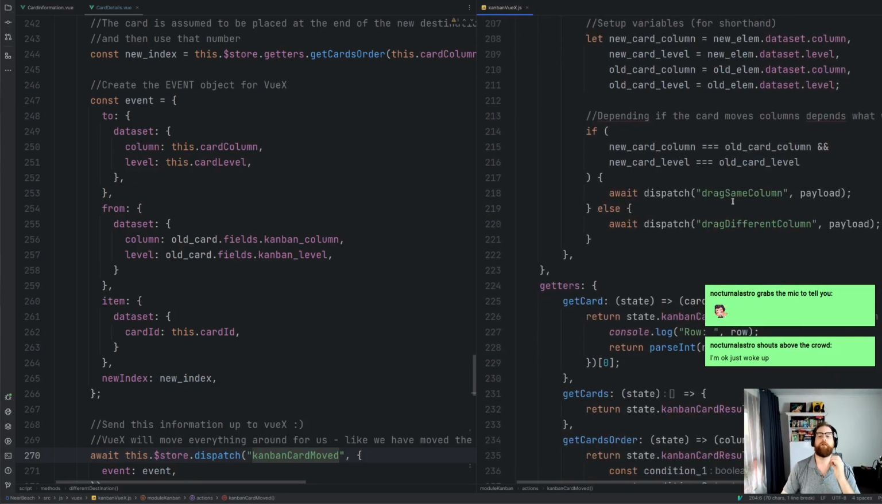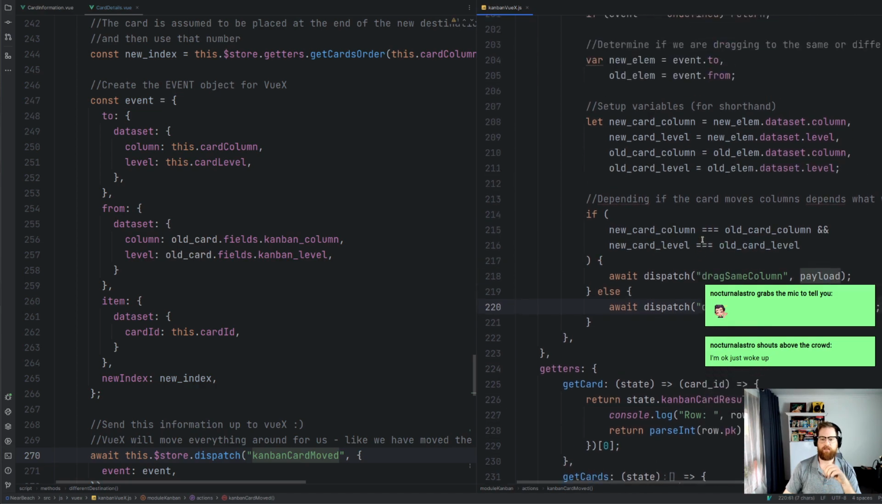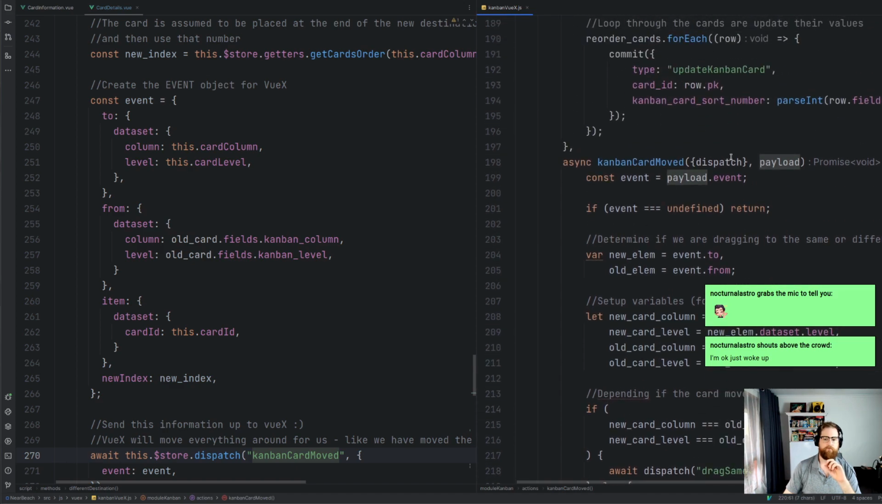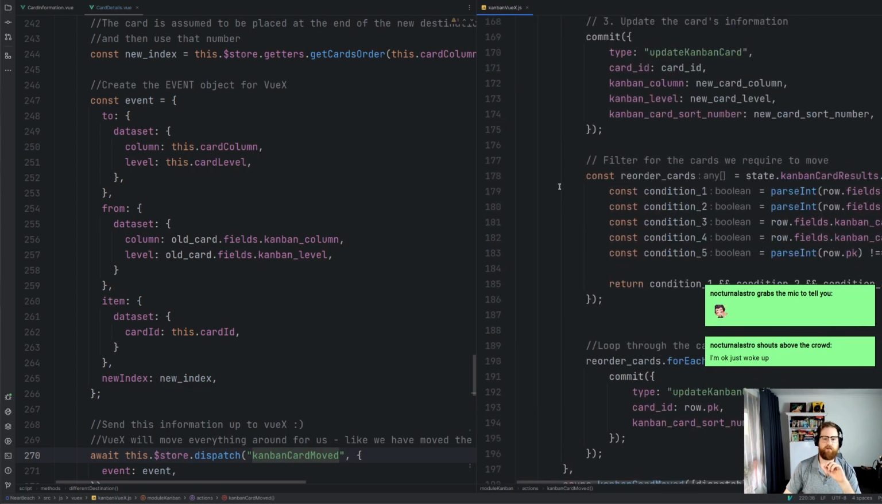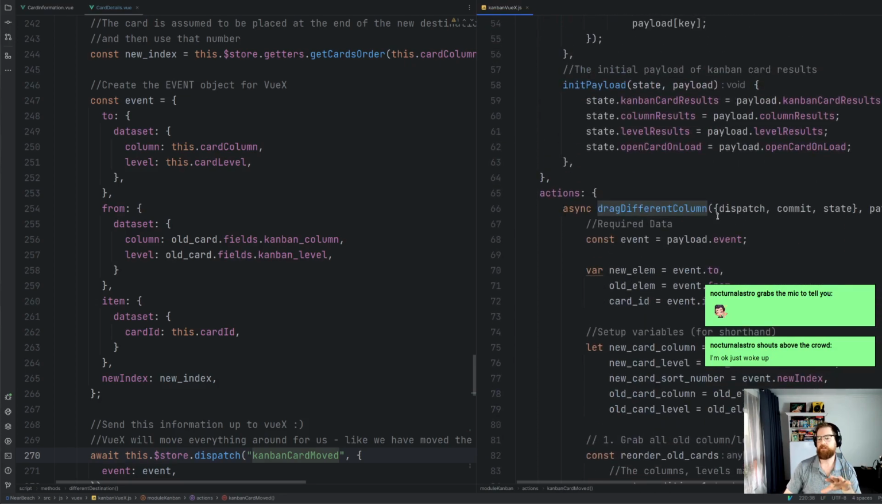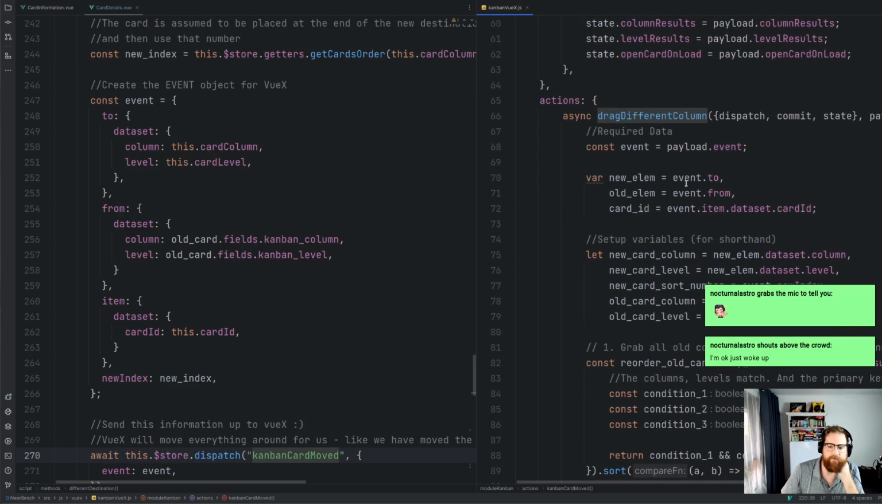So we've got drag same column, drag different column. In this sort of case, it'll be drag different column, and we're passing through the payload. All right, easy done, not a problem. So let's go to drag different column. We've got the payload, the events, payload events, we're getting the new element, the old element,